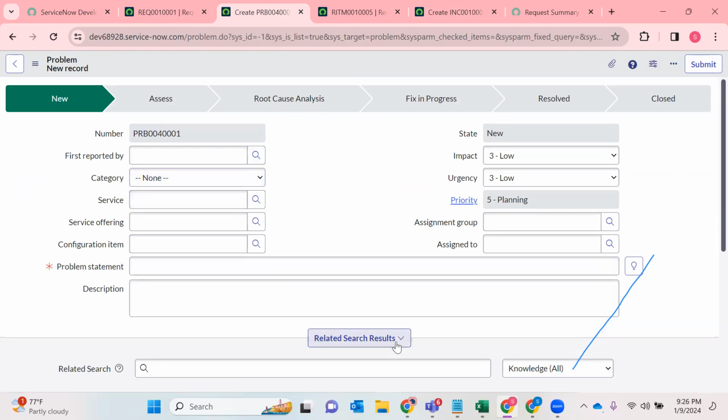Just for example, Sumant, can you select any field here? I'll make it mandatory in one or two steps. Mandatory first reported by and assignment group. Okay, yeah. So first reported by, if you want to make this mandatory from the tool,